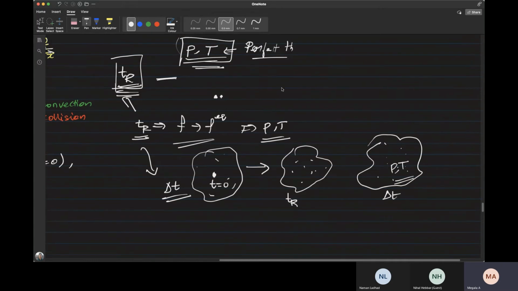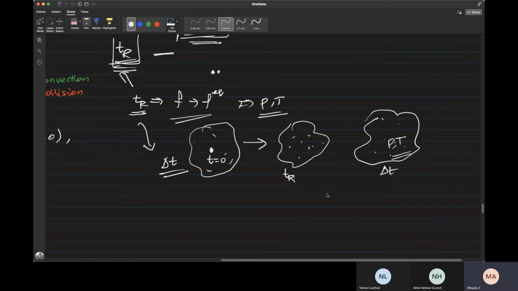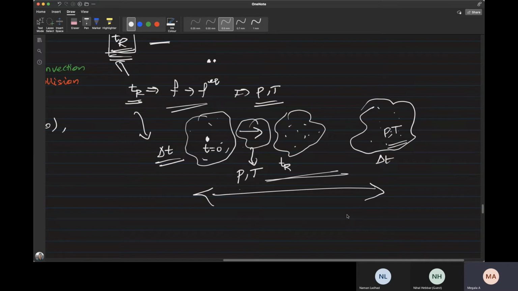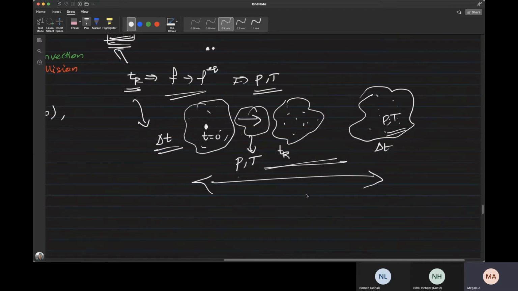So this assumption of thermodynamic equilibrium in thermodynamics is actually valid in fluid dynamics because of this reason. During this evolution time, we cannot measure pressure and temperature. Once your system from t equals 0 achieves TR, then after that, at any time, you can measure your pressure and temperature. So this is our time scale at the macroscopic level. All our macroscopic equations, the Navier-Stokes equations, evolve in this time scale, not in this time scale. So we are comfortably evolving pressure and temperature.